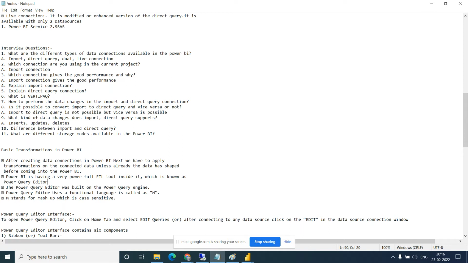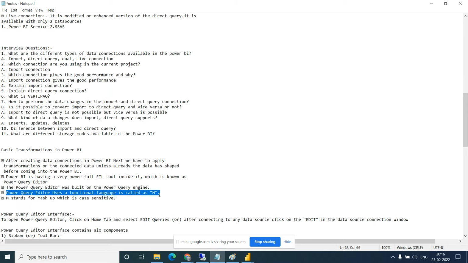Next point: Power Query Editor is built on the Power Query engine. The Power Query engine performs whatever transformation we do, and it stores and takes the data temporarily; everything is managed by the Power Query engine. Power Query Editor uses a functional language called the M language.